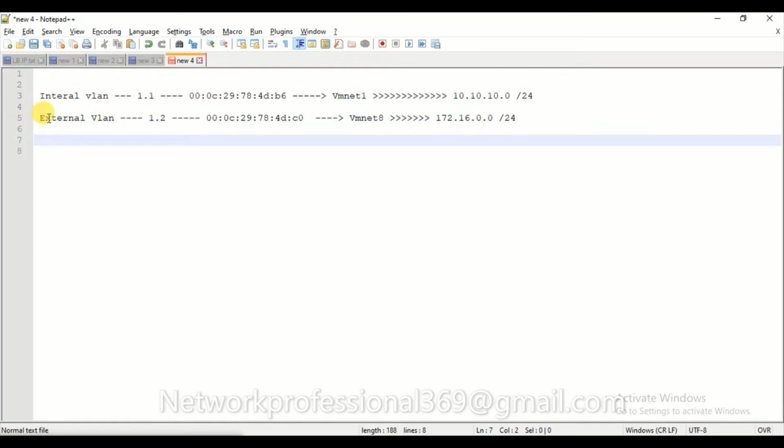I'm planning for it. I'm going to create a separate VLAN for an internal network and a separate VLAN for an external network, and I'm going to map that VLAN to a particular interface where my backend server is going to connect. I also need to make sure, from the VMware end, that the right VMnet is